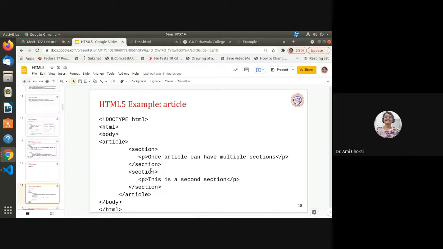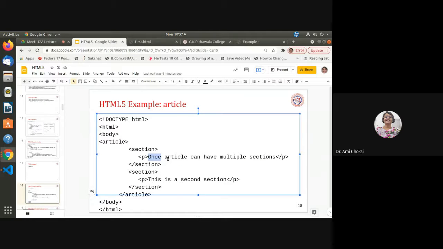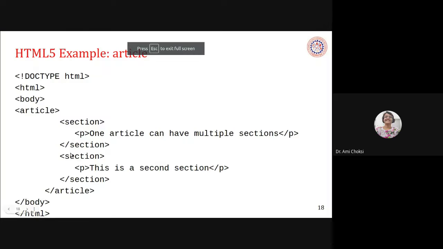One article can have multiple sections, right? And section, then again one more section where we are again having the p tag. This is a second section. And section and article, these two are inside the body tag, and then HTML.